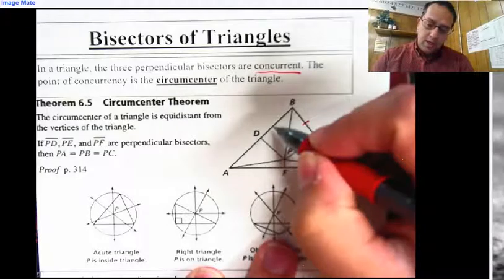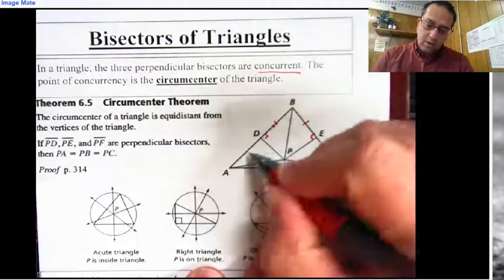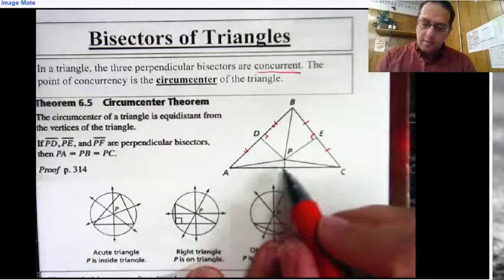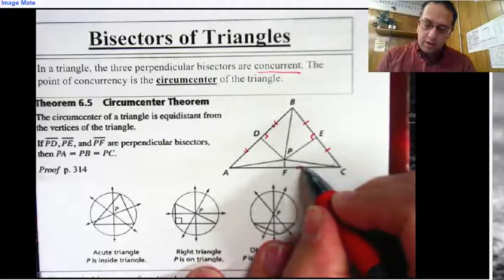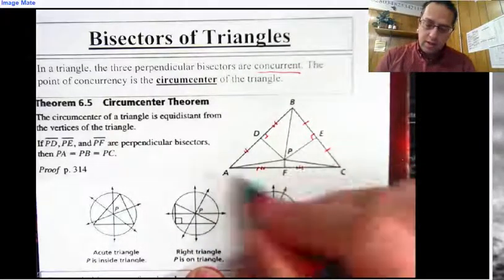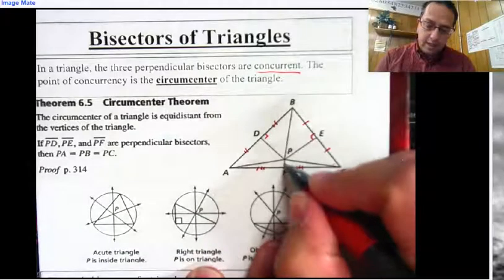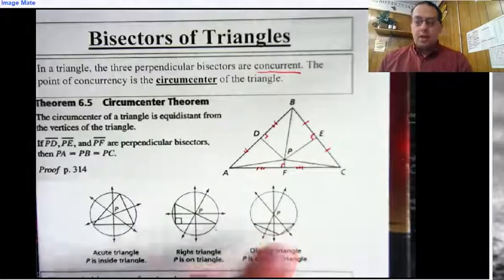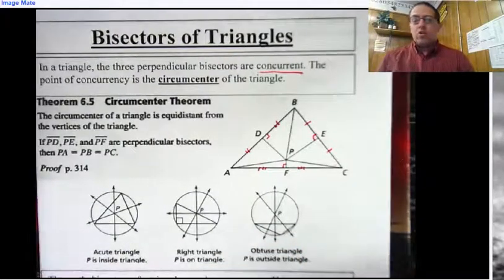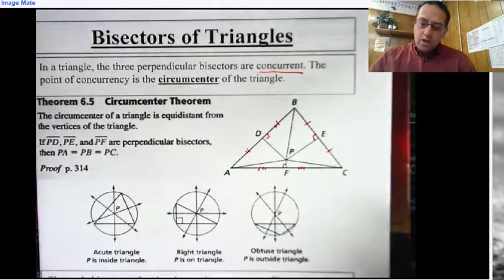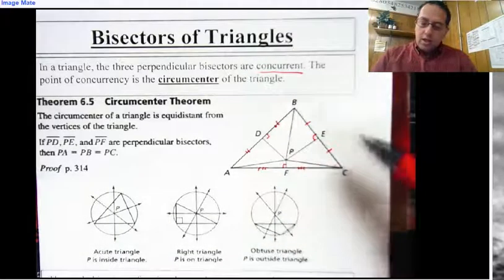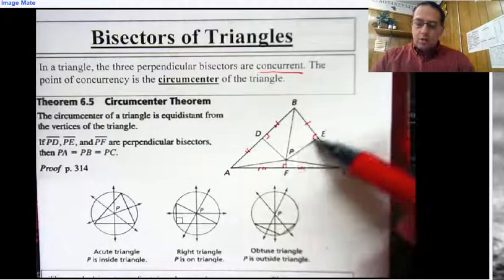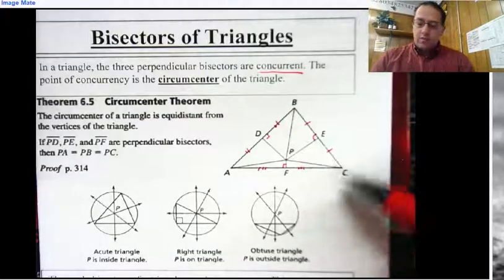Segment DP is the perpendicular bisector of segment AB, and segment PF is the perpendicular bisector of segment AC. All right, and you see they all come together right here at point P, and point P is called the circumcenter. And before, the perpendicular bisector theorem says that any point on the perpendicular bisector is equidistant from the endpoints